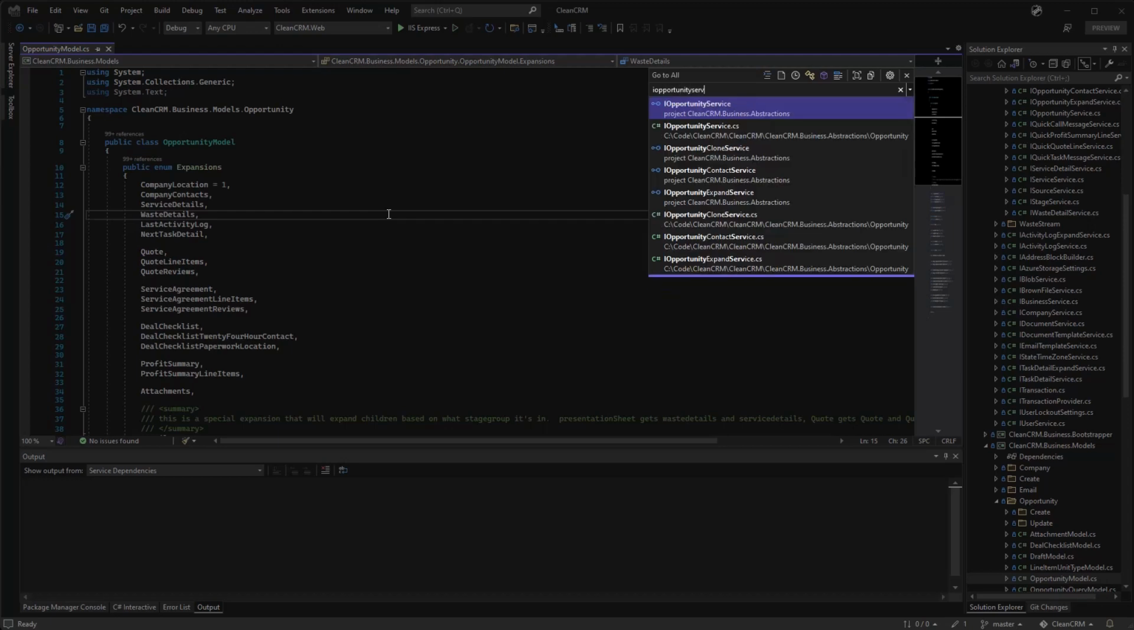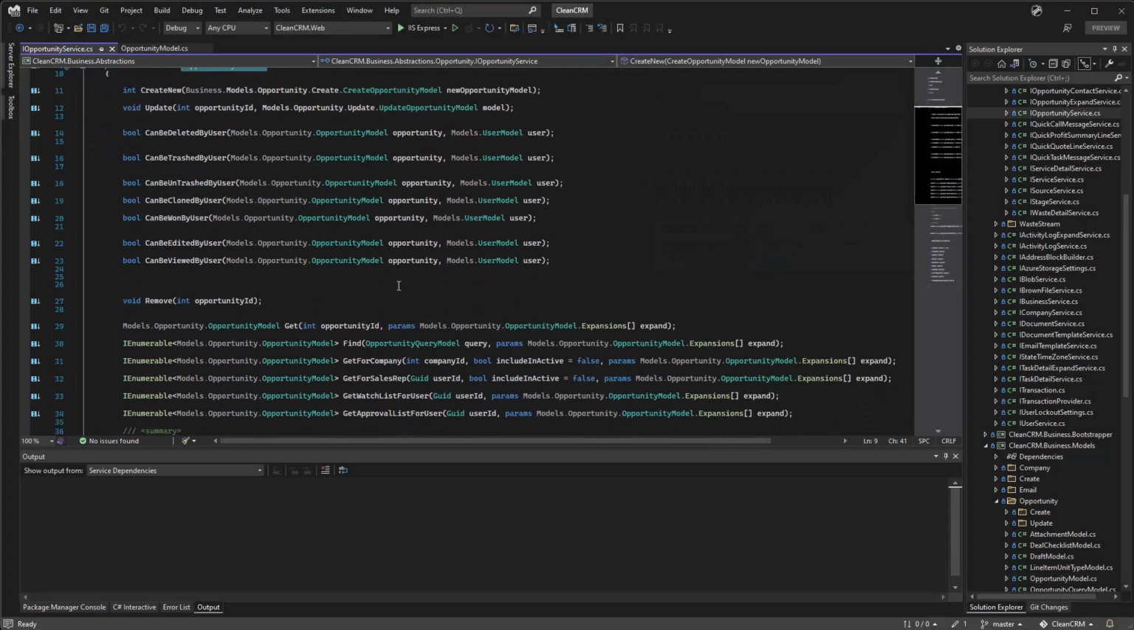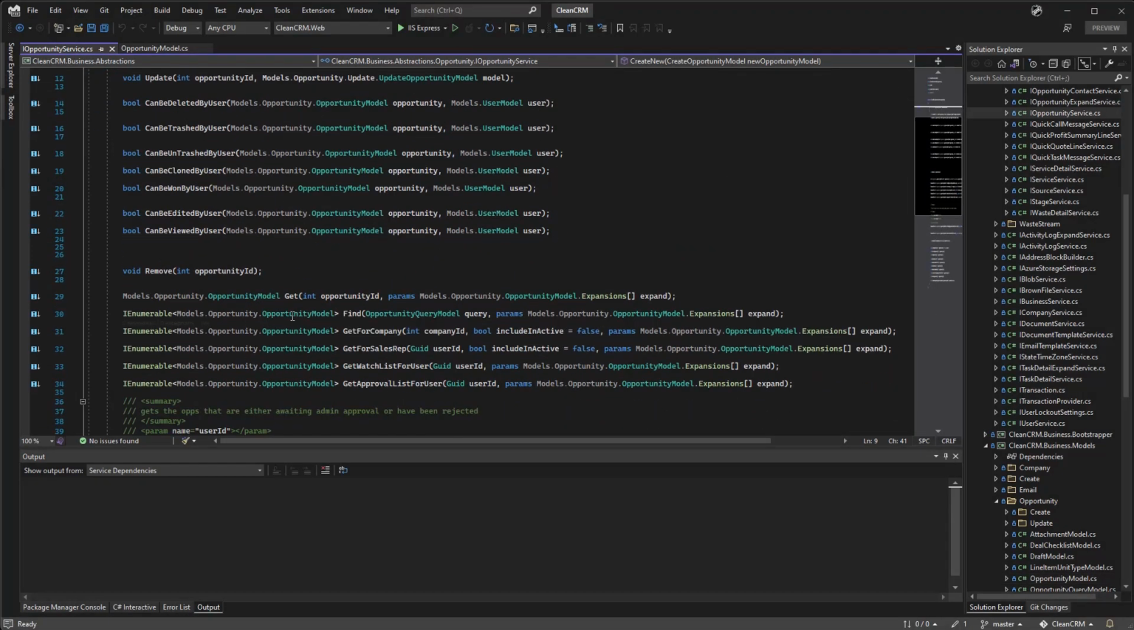Opportunity service. And what we'll see is that every endpoint or every method that we have that lets us get an opportunity or a list of opportunities or what have you, each one of them will accept in a param array of the expansions you want to allow. So if you're getting it by ID, you can choose to expand. If you are doing this query, if you're finding them by company, sales rep, whatever, doesn't matter. You always accept in this